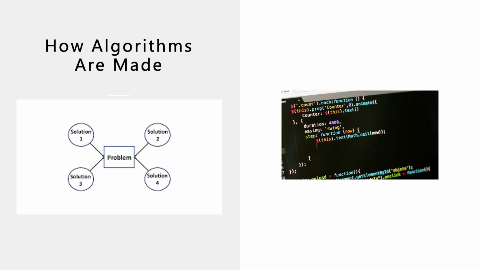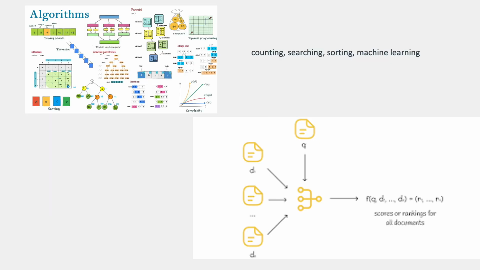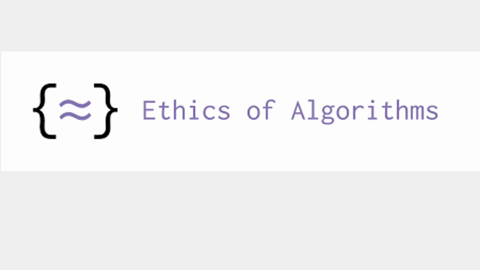Algorithms are made by explaining to a computer software what to do when given certain situations. It helps the computer solve problems and teaches it how to give the right solutions. Problem solving can be done in different ways, including counting, searching, sorting, and machine learning. There are politics and ethics involved in algorithms. As they continue to evolve, it is crucial to understand what the data we give computers represents and what the